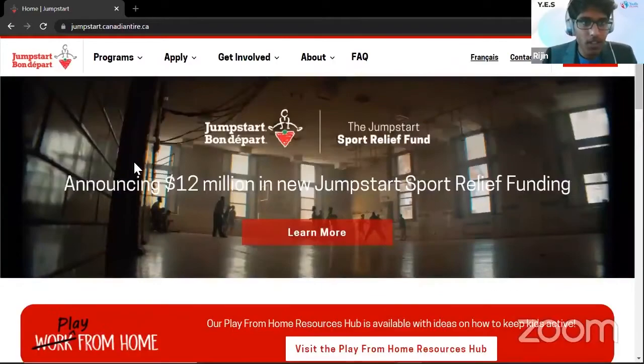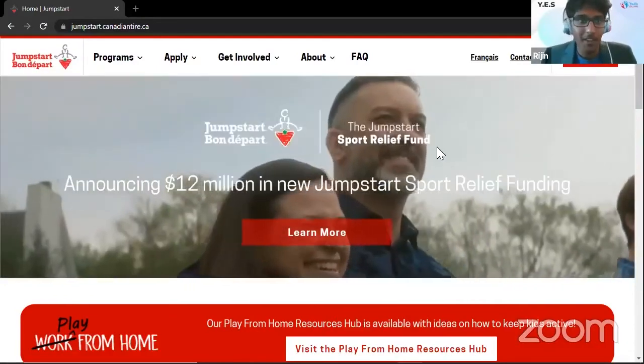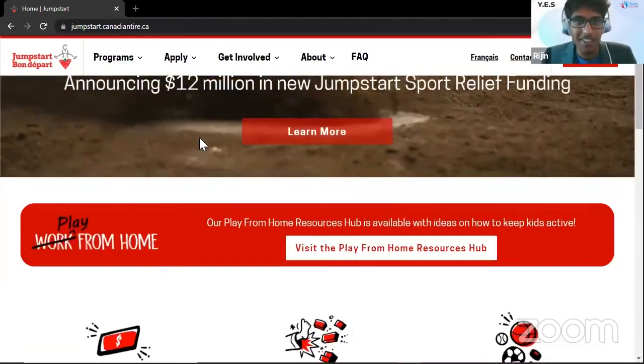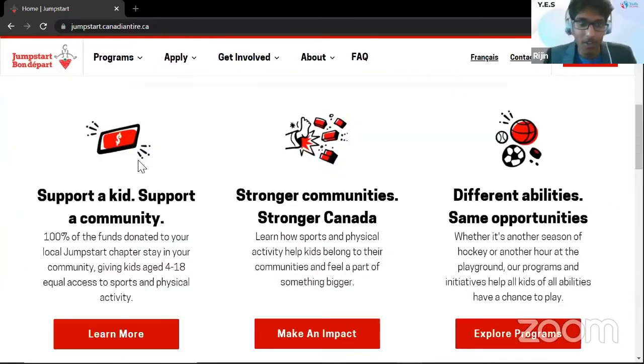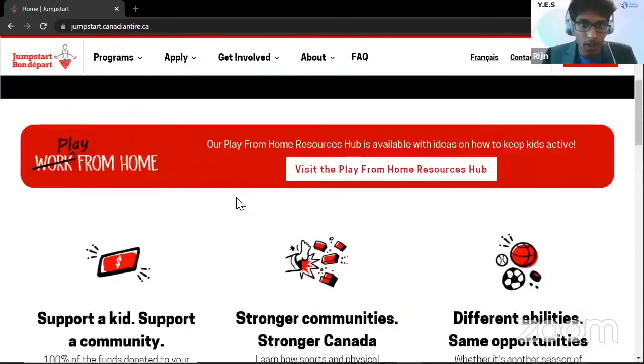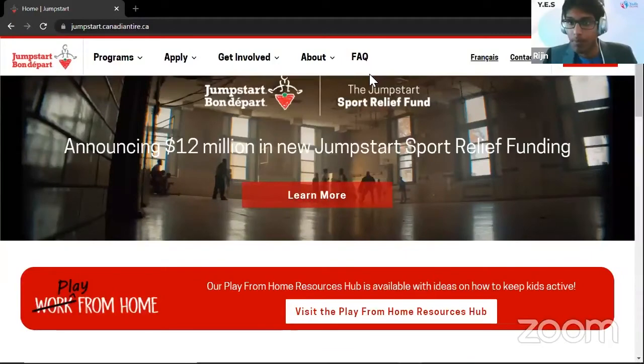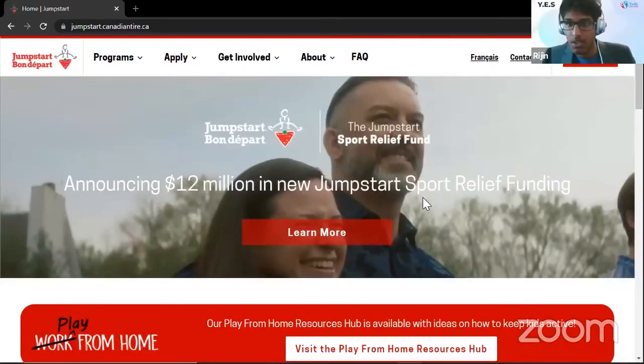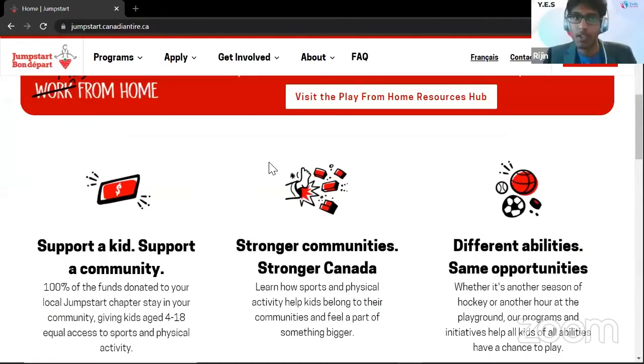Yeah, so as you can see, there's a lot of red and white. There are a lot of colors that are striking at you, and I feel like red and white create a really good striking combination for the people who are visiting this website. And I feel like the purpose of the website is to raise money for this, as you can see, sport relief funding. And I feel like the key is red, just because the very first thing you see is that the donate button is in red and white.